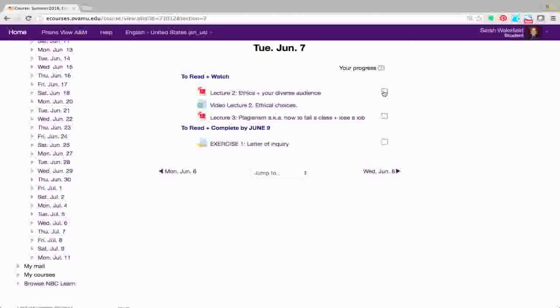The check boxes that you see here are ways that you can monitor your progress. You've read Lecture 2, check it off. I'm not going to be checking this. If you see a dotted box, that's something that you don't receive completion credit for until you have submitted the work and I have graded it. If I click on this infamous exercise 1,